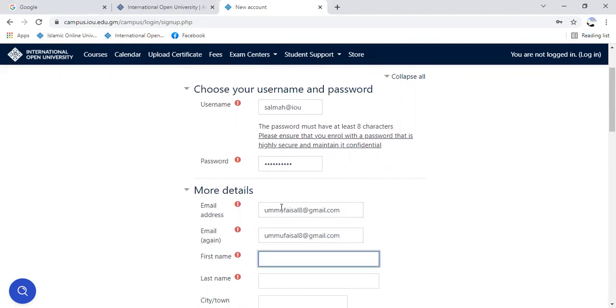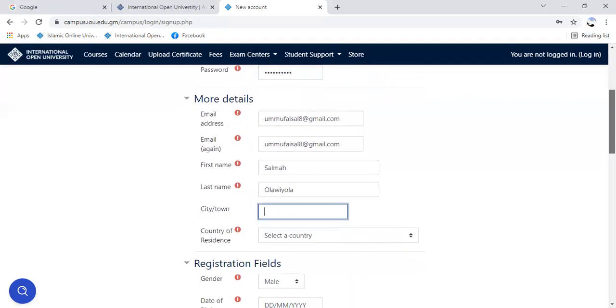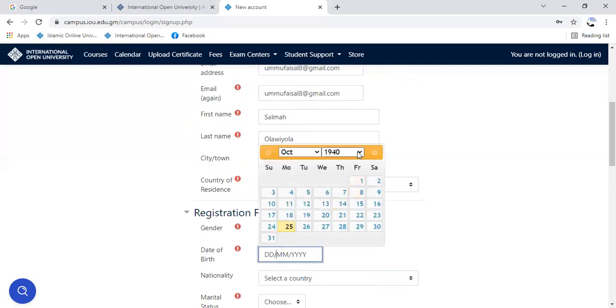And then you put your name, your first name, and then your last name. And then your city or town, Lagos, and then your country, select the country, of course, Nigeria, then select your gender, whether you're a female or a male, and then your date of birth.